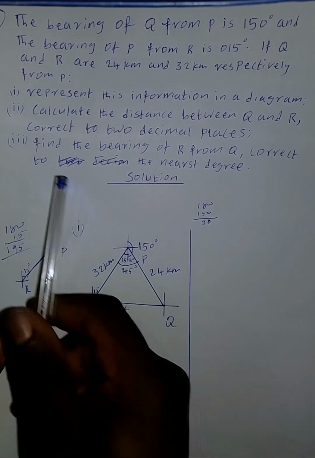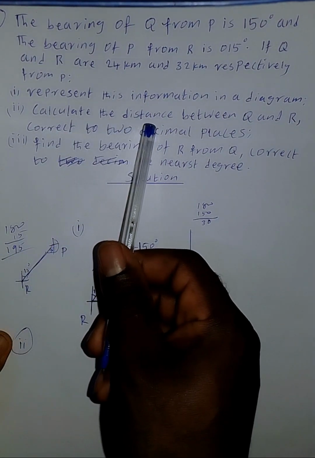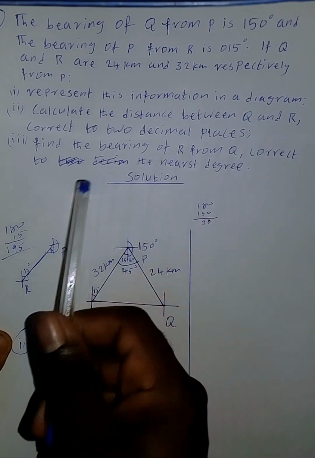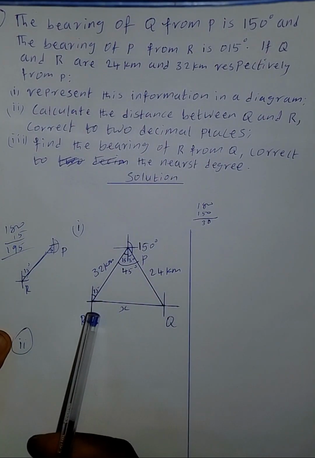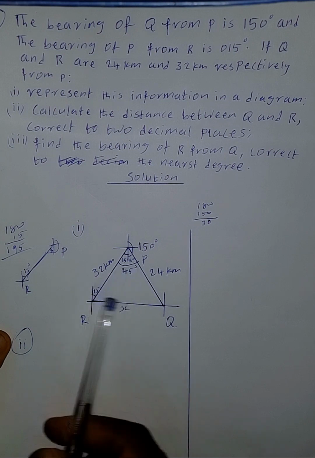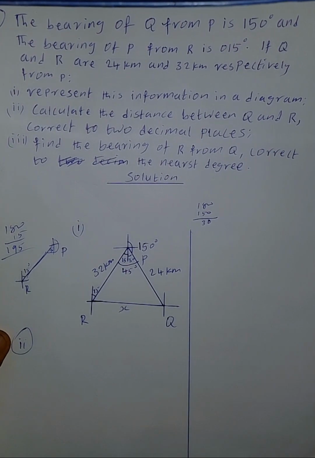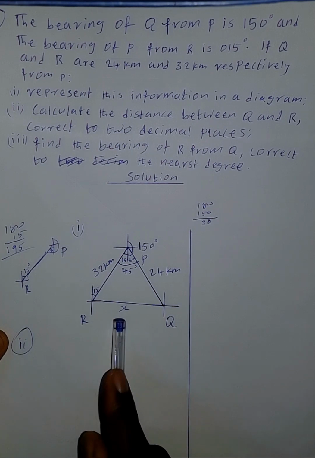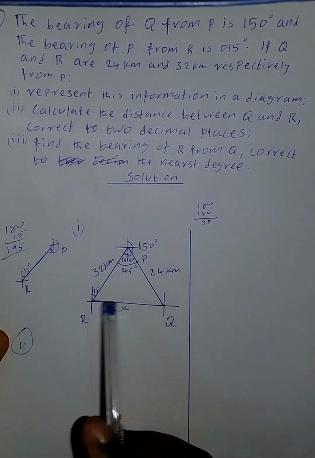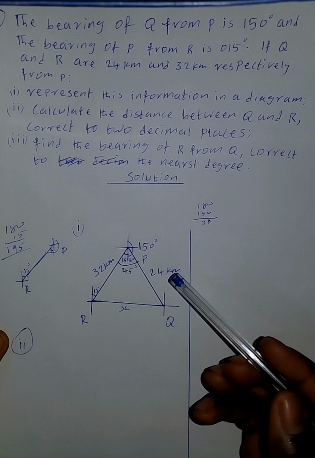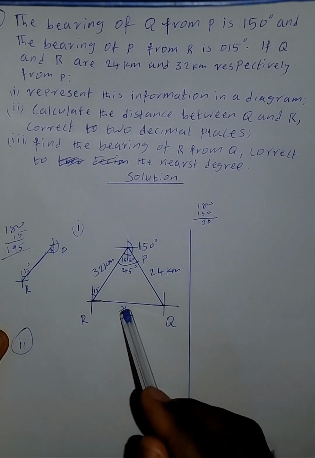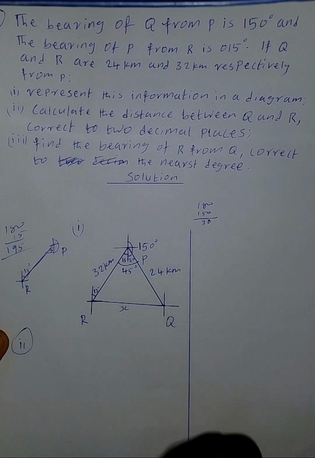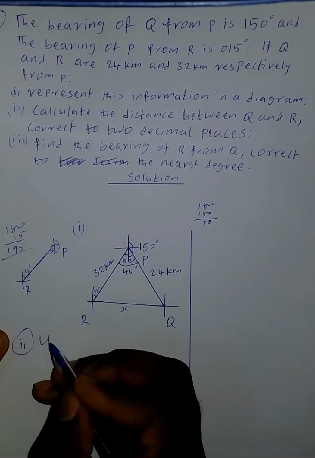It says calculate the distance between Q and R correct to 2 decimal places. The distance, I'm going to use cosine rule here to find R. The reason is that two sides of this triangle are known with included angle, and I'm looking for the third side, so we use cosine rule. Using cosine rule,